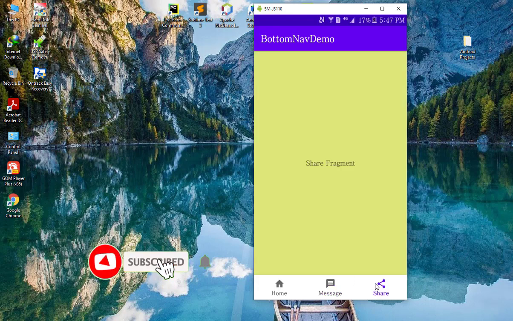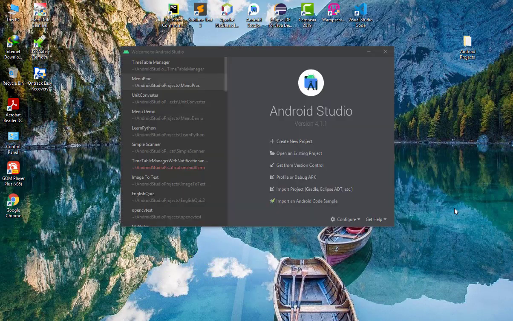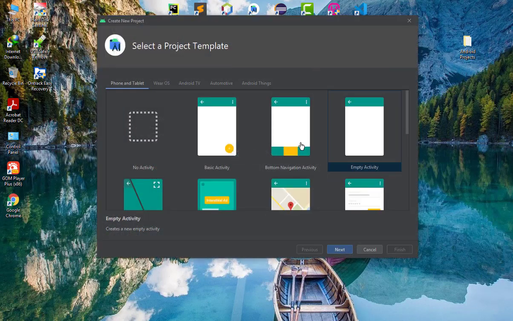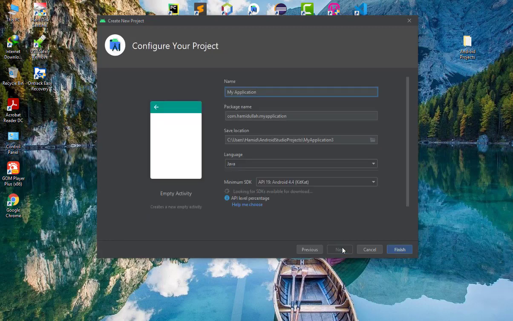Today we will learn how to create this bottom navigation view with fragments in Android Studio. Okay guys, let's start. First of all, you need to open your Android Studio, create a new project, select an empty activity, next, name your project,